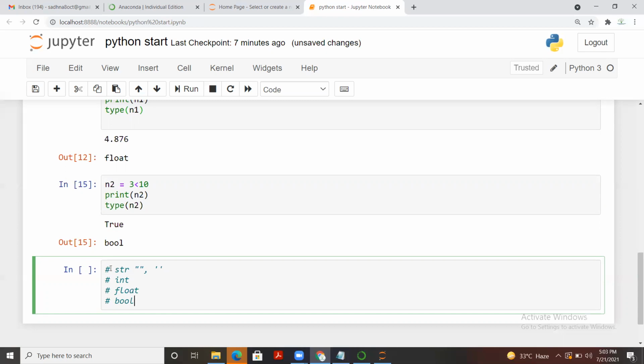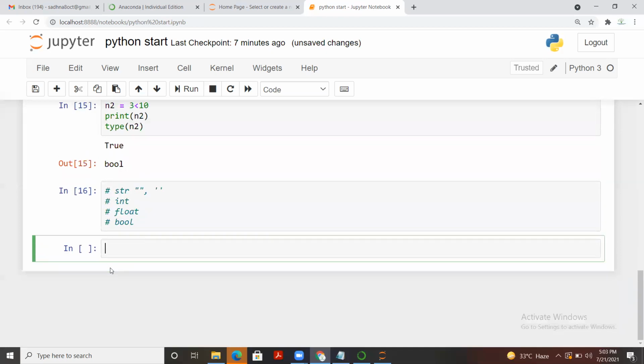One thing that you must have noticed here, while defining a string, I was using a different variable name, and in case of integer, I was using a different variable name, and exactly the same I was doing for float and boolean. But in case I need a structure where I want to store different data types altogether, here with these variable types, I cannot do it.